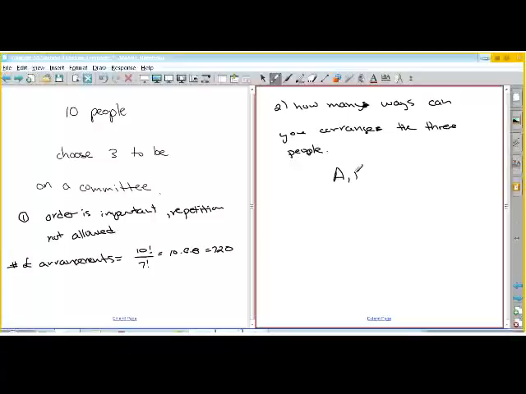Once you've chosen them, let's say you have person A, B, and C on the committee. We have people's names in alphabetical order from A to whatever the 10th letter in the alphabet is. I choose A, B, and C for a committee. Now whether I choose A first or C first doesn't really matter. So I have to figure out how many ways can I arrange these 3 things, and we did that in